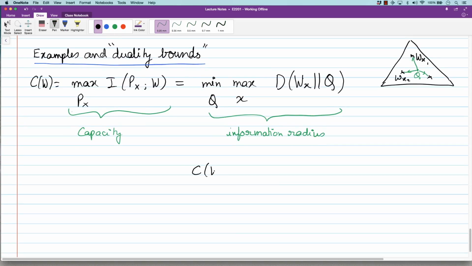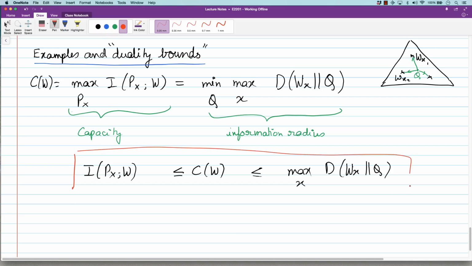So what we know is that channel capacity must exceed I(P_X, W) and must be less than max over x of D(W_x || Q). Okay, this must hold. It must hold all the time. So for all